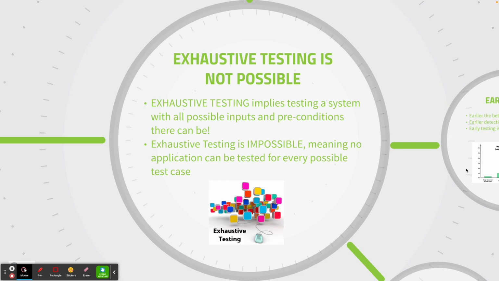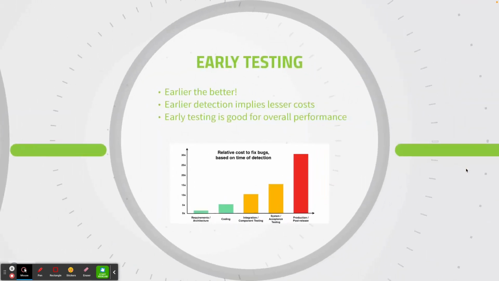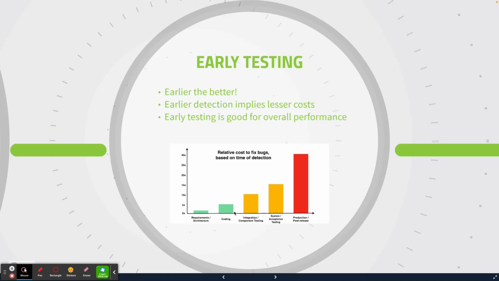That is number one. Number two is early testing. As we hear, earlier the better, right? It means that the earlier you detect the bug in the complete development cycle or in the complete IT cycle, the better it is, right? If you see on the screen right now, there is a chart that says relative cost to fix bugs based on time of detection. So if you can see here, the first one is